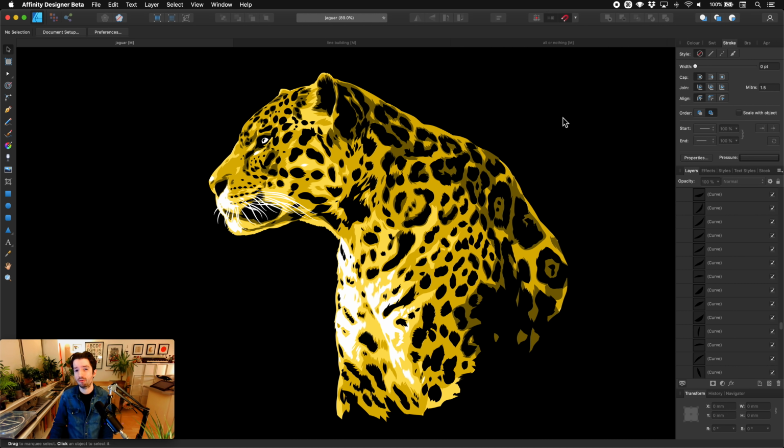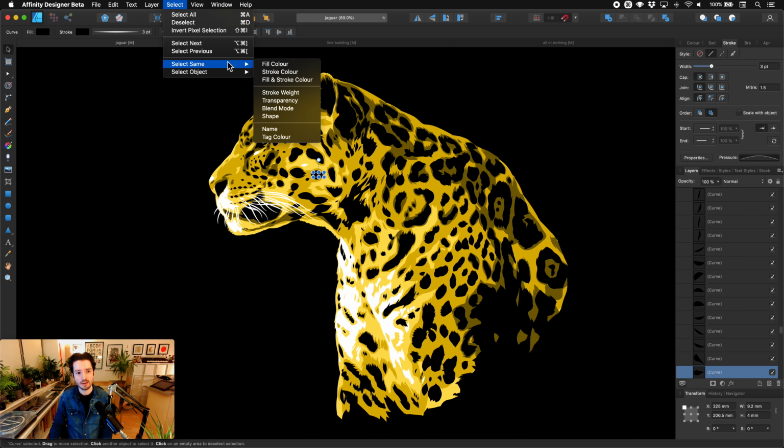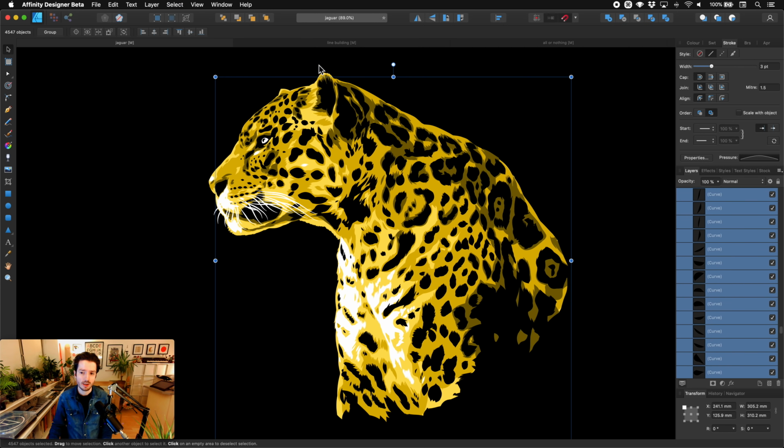A really powerful new feature in 1.9 is the Select Same feature. As the name suggests, this allows you to select particular elements of your design based on their characteristics. So let's look at how that works. To start off with, I'm going to select a little area of this illustration here, and then I'm going to go to Select, Select Same, and choose Fill Color. That has just grabbed all of the matching curves from my Layers panel here